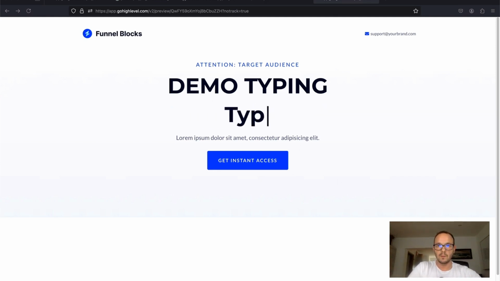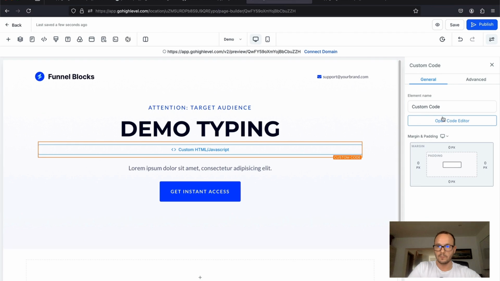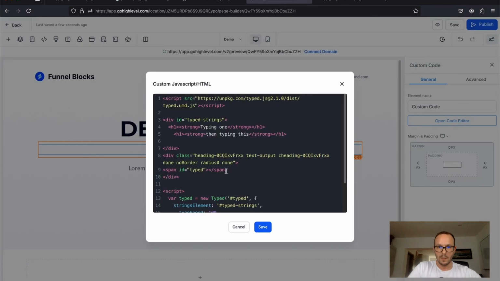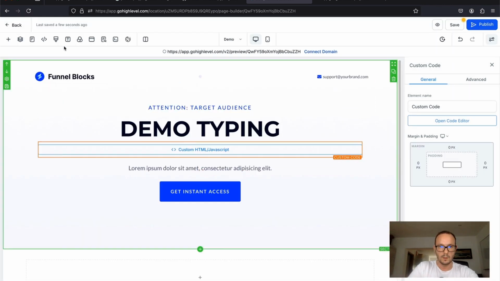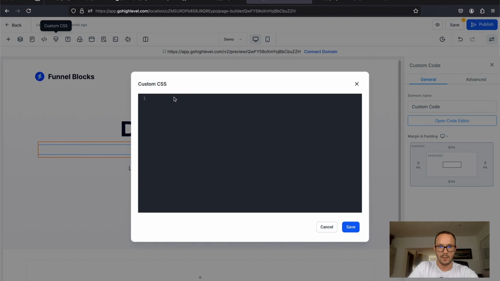So lastly, let's make the font color outstanding, like in the example. And for this, I'm going to go to the code editor. I'm going to put here in the class another one. I just say my-color. And of course, we need to define this color. And here in the custom CSS, I'm going to say for the class dot my-color, the strong elements,